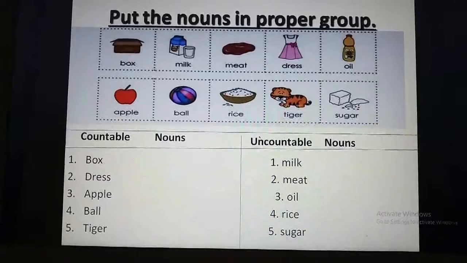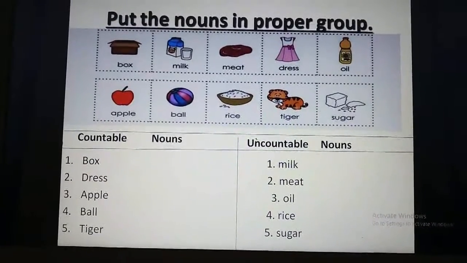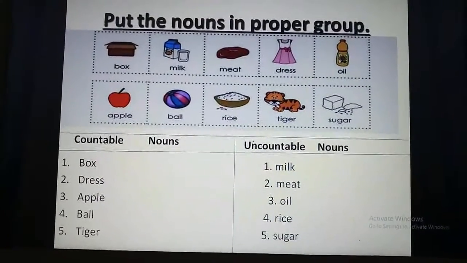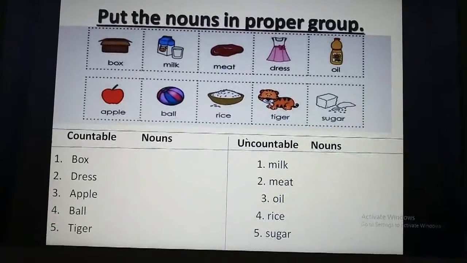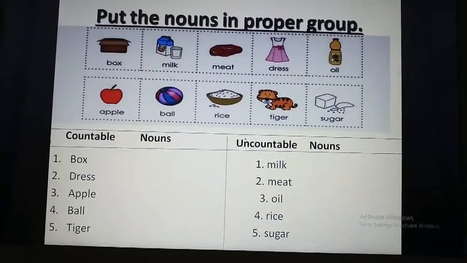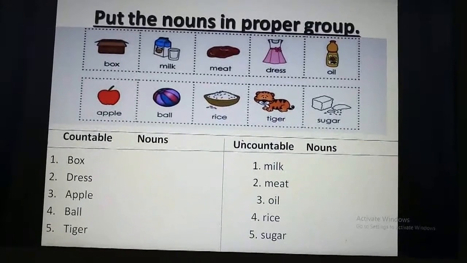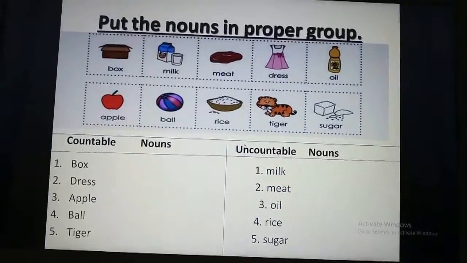So let's read countable nouns. Which are countable nouns? Box, dress, apple, ball, tiger. Which you can count in numbers. Uncountable nouns. Milk, meat, oil, rice, sugar. Because these things you cannot count in numbers. Okay?